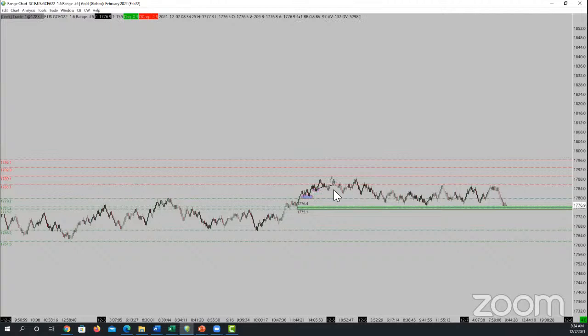We did have a prior support here in this area, but the resistance was popping up a little bit higher. Nice double top coming in again at 1785.7. That was a good short area. Now we're going to be looking to see if gold can actually catch the support here for a bounce up higher. If we cannot do that, we may end up retesting this prior support here at 1779.7, and this is